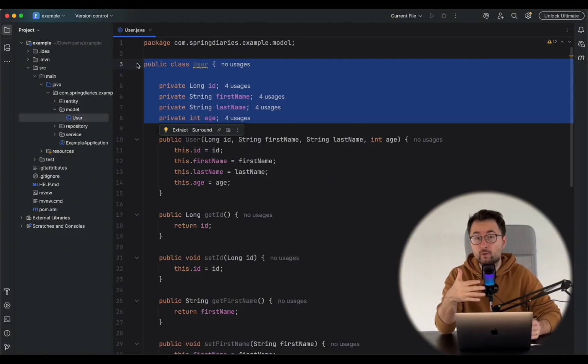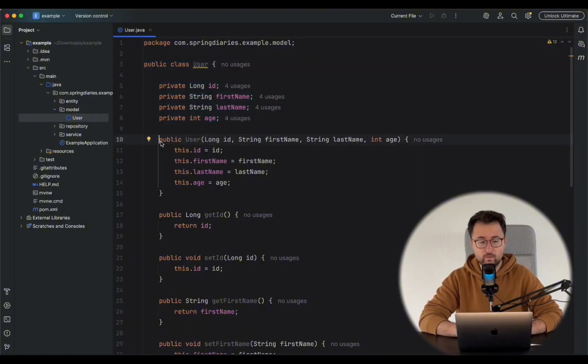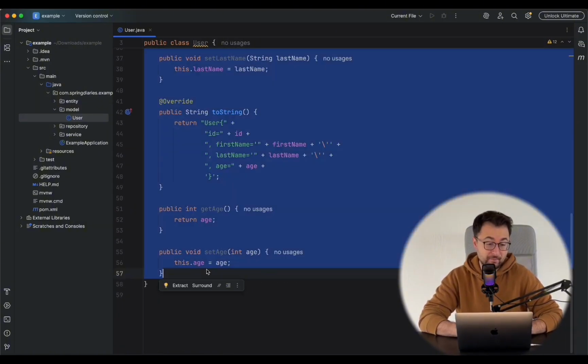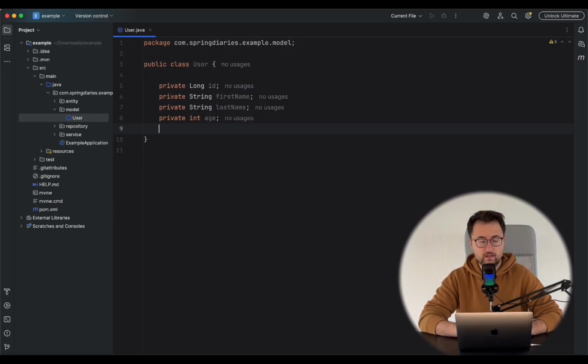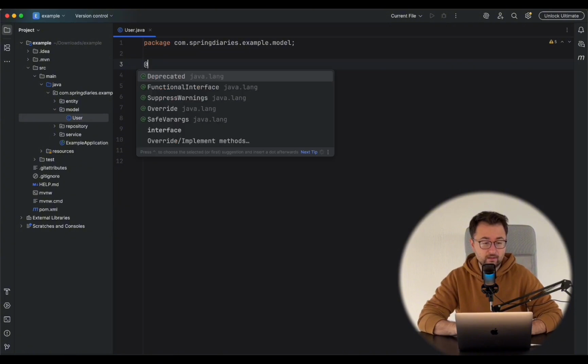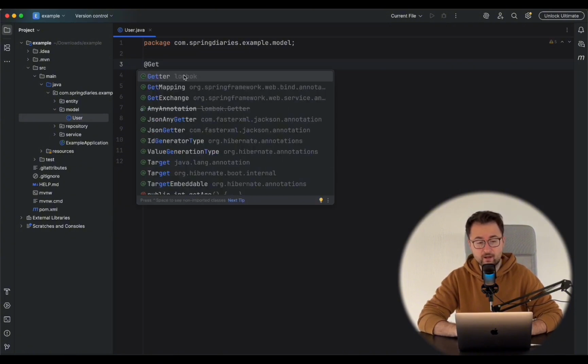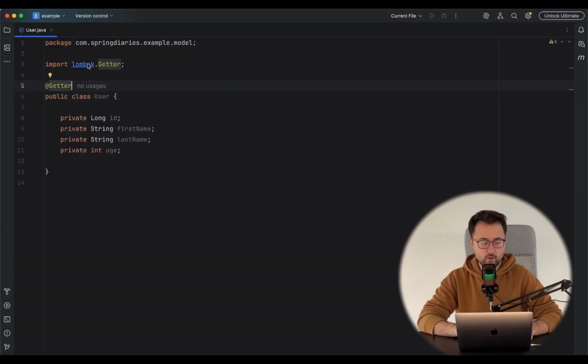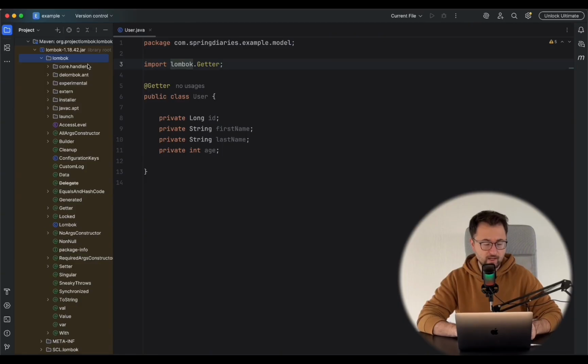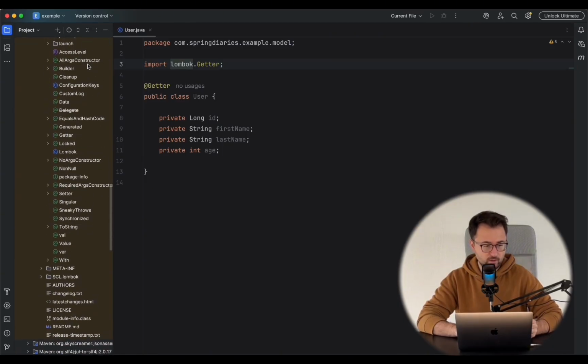And this is where the Lombok dependency steps in. This is where we start to get rid of these lines of code that do not necessarily matter. So what we can do here, instead of writing these methods, instead of generating them with our IDE, let's say, we can annotate this class with certain annotations that come from the Lombok package. And when I go inside this Lombok package to explore it slowly, what you are going to see is that we have lots of convenient annotations